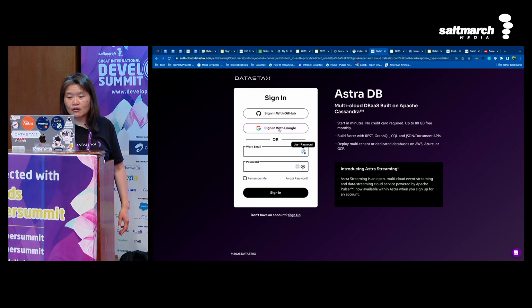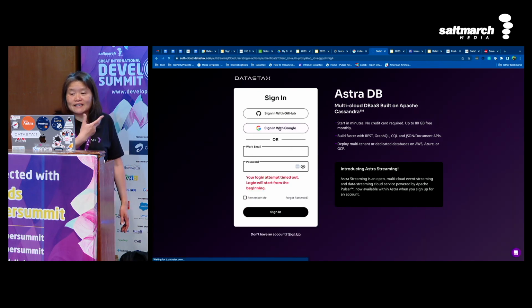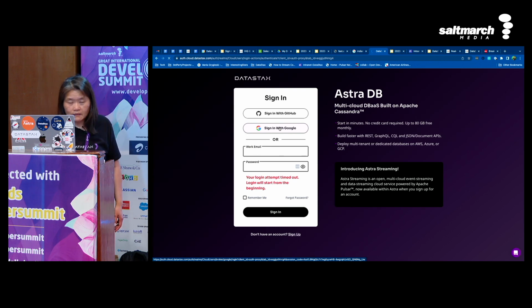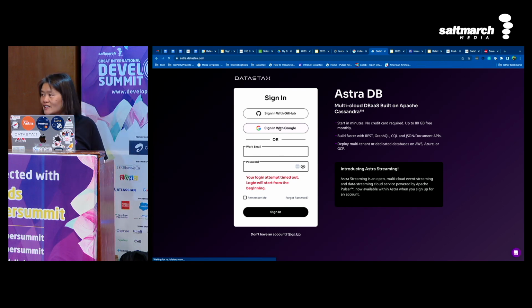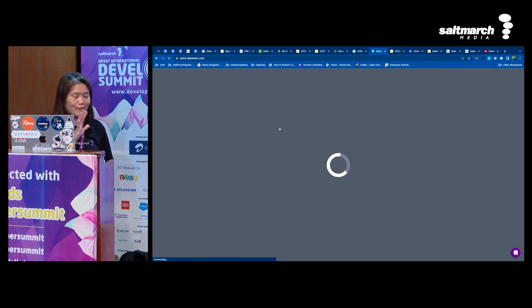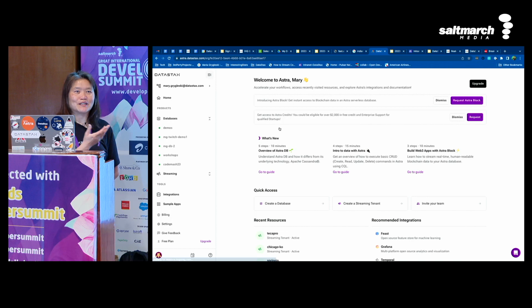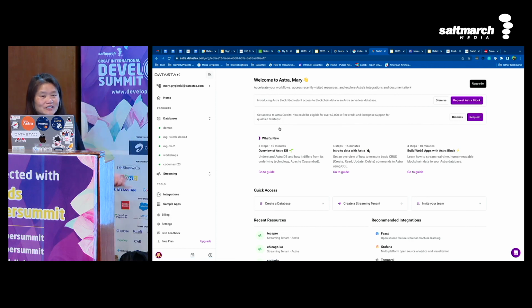But in my case, I already have an account, so let me sign in with my Google account. Also, before I forget, I do have a Twitch stream too. It might actually be easier. Once I'm back and not traveling, I usually do my Twitch stream and I can do more demos. That way it's easier for you. But for now, just to quickly show you.